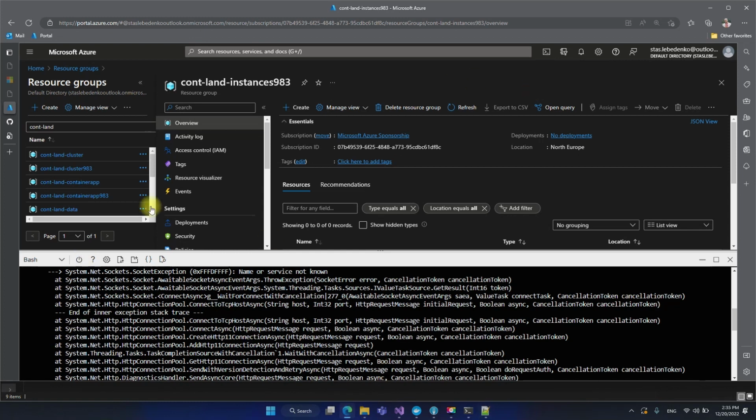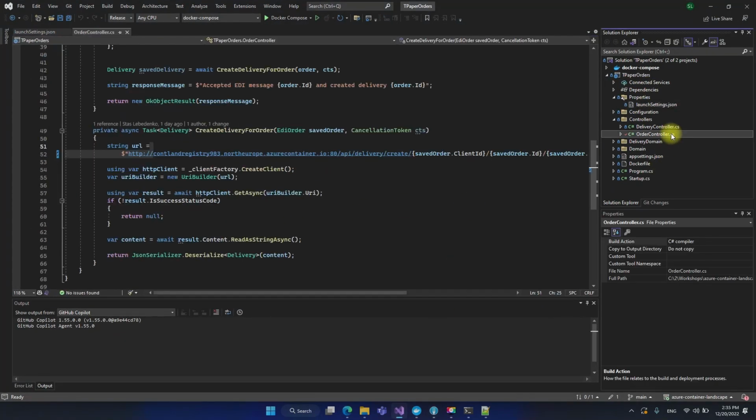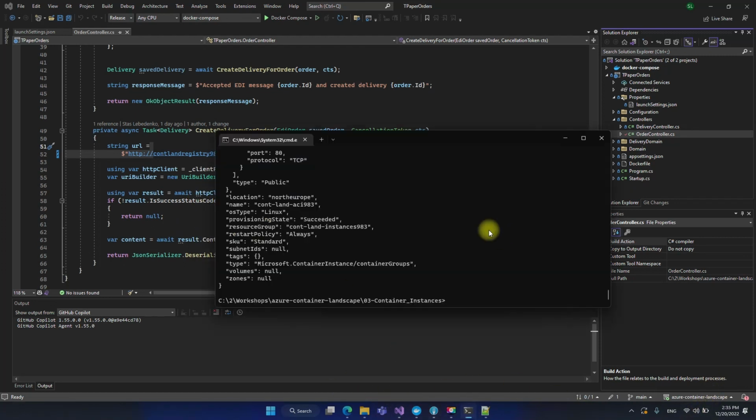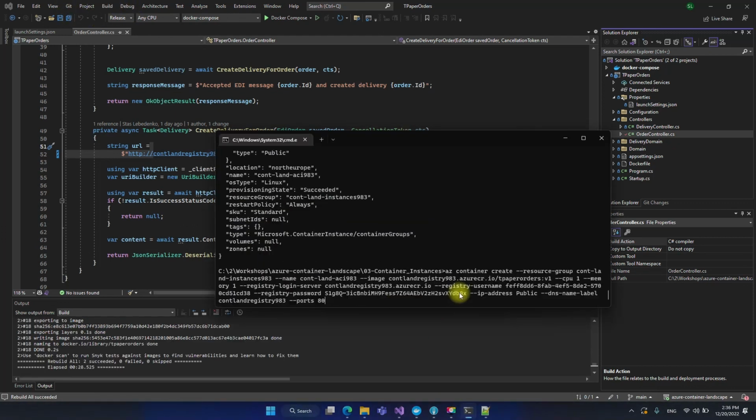So switching back to Visual Studio, we see that we changed this in our order controller with the proper URL. And with the proper URL change, we just need to rebuild it. And our rebuild is done. So we need to